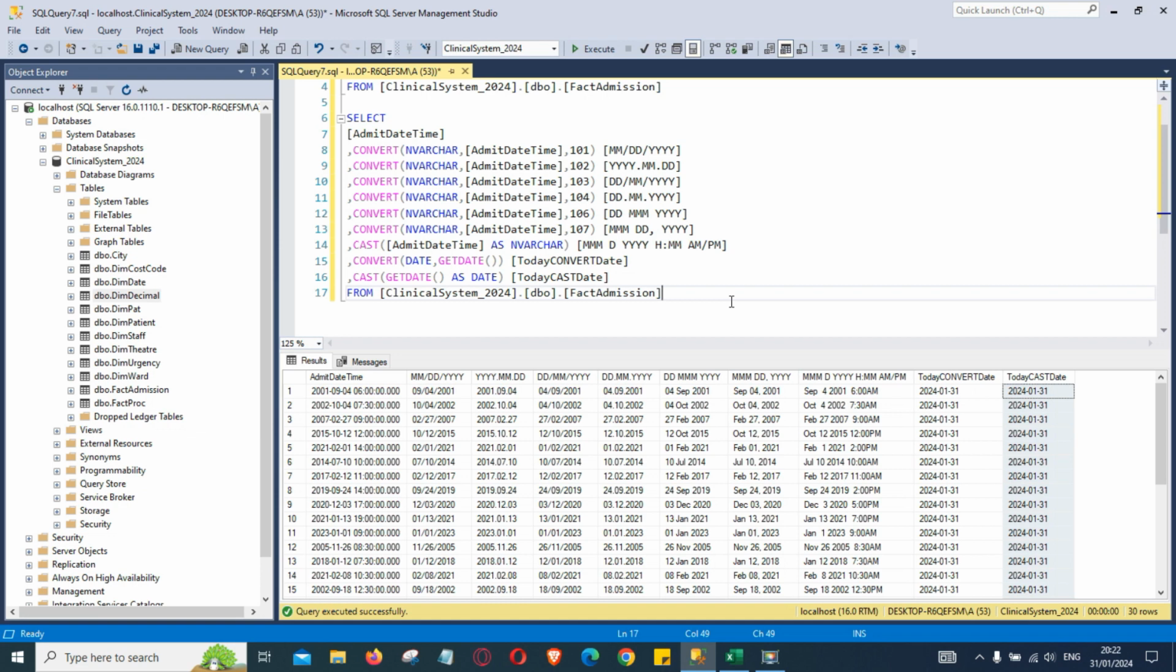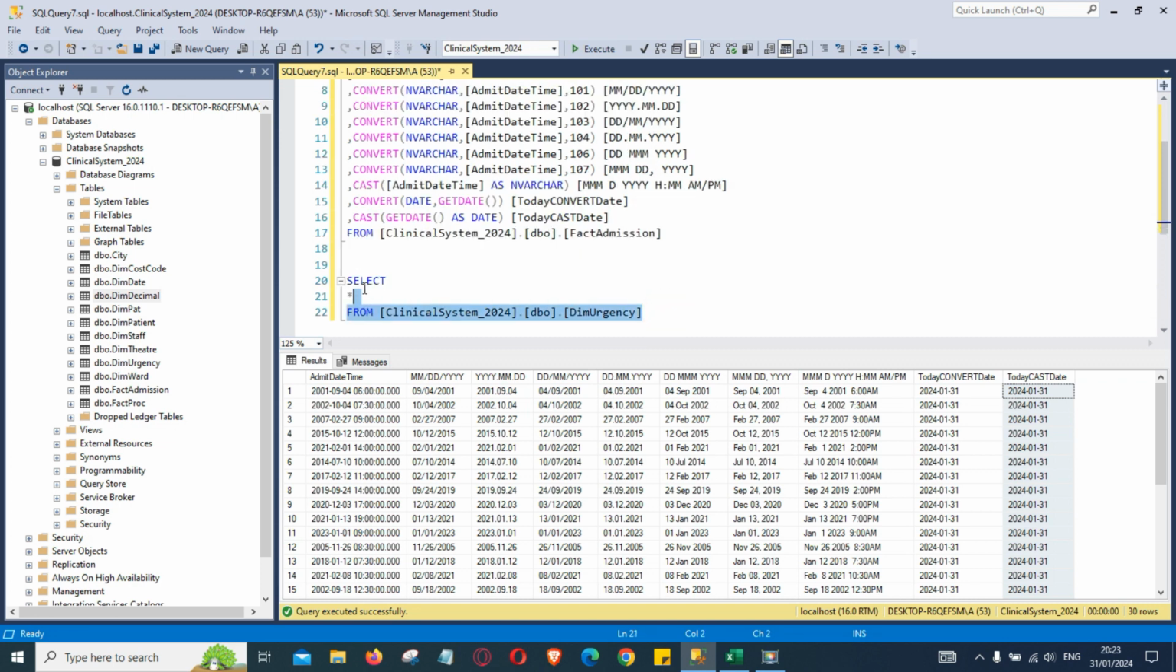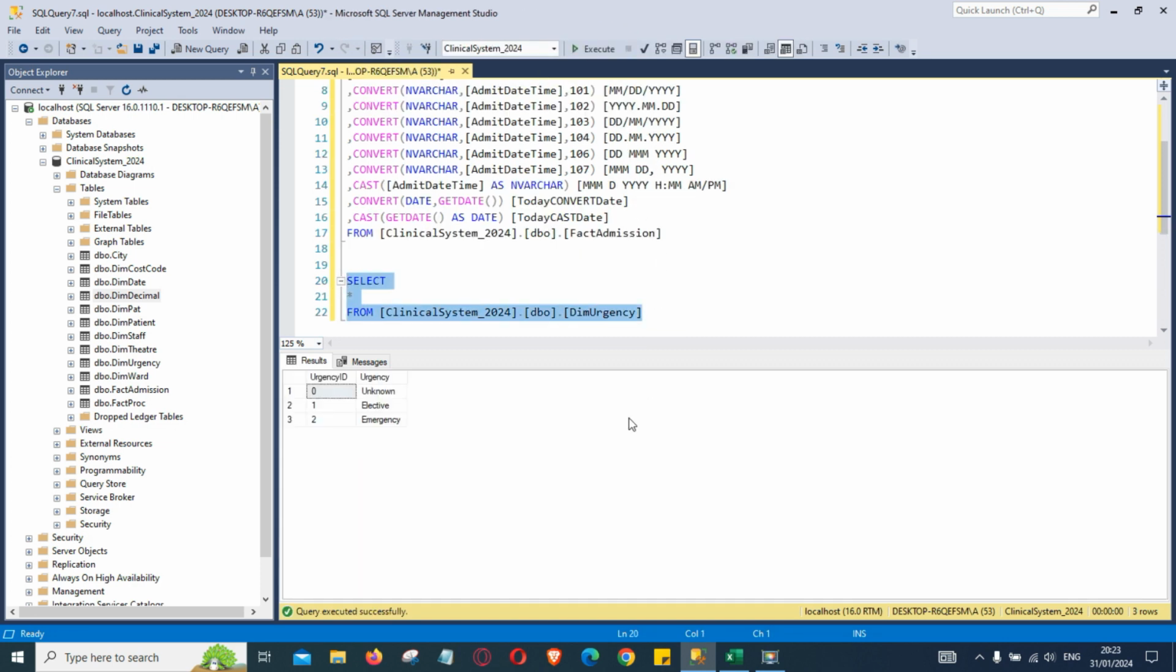Well, cast and convert functions can be used to convert other data types too. In this exercise, we converted from datetime to different formats of dates, converted from date and time to only date, but we can also convert to other data types, like for example integer to string and things like that. If we use this table, what have we got in here? Yeah, so we got some integers 0, 1 and 2. Okay,